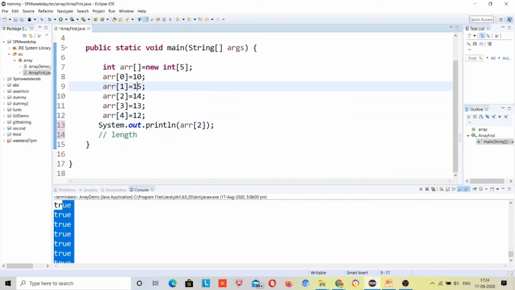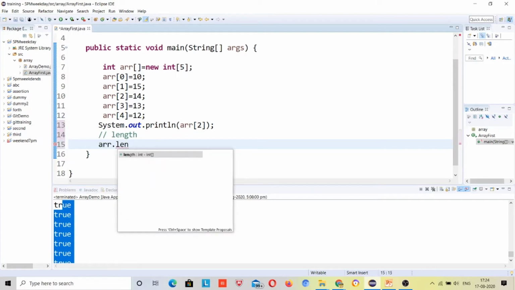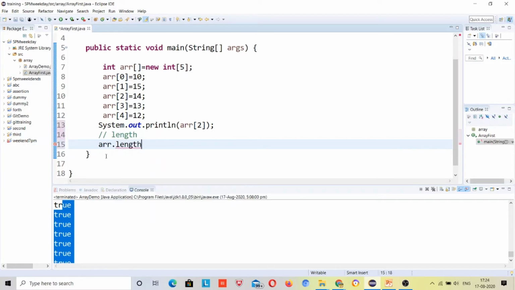So suppose I give a program that asks for the output, how many, the length, the array size. You can simply do arr dot length, this will be suggested to you. So this way you can print, you can use it in a for loop.